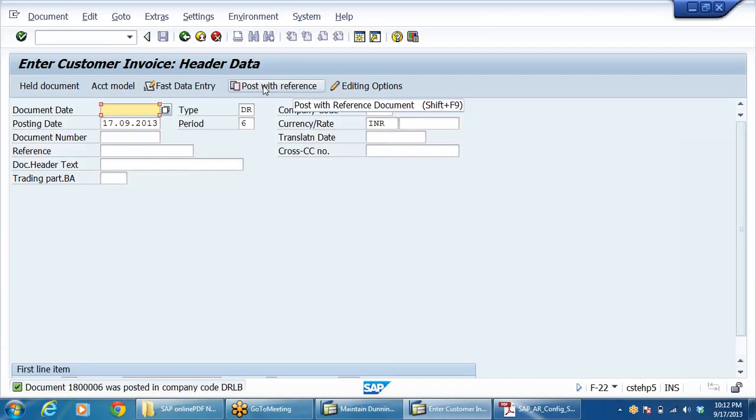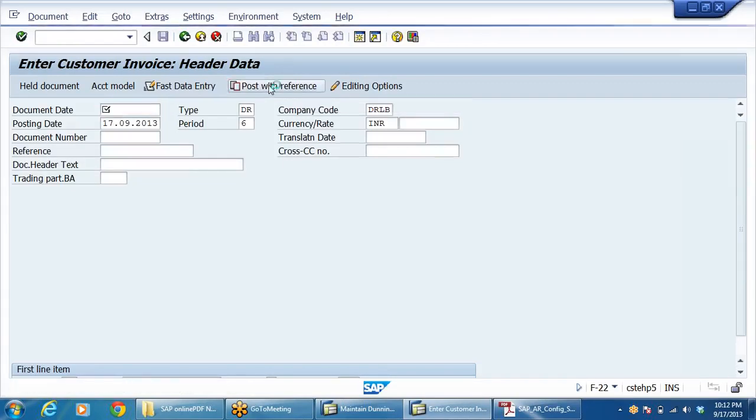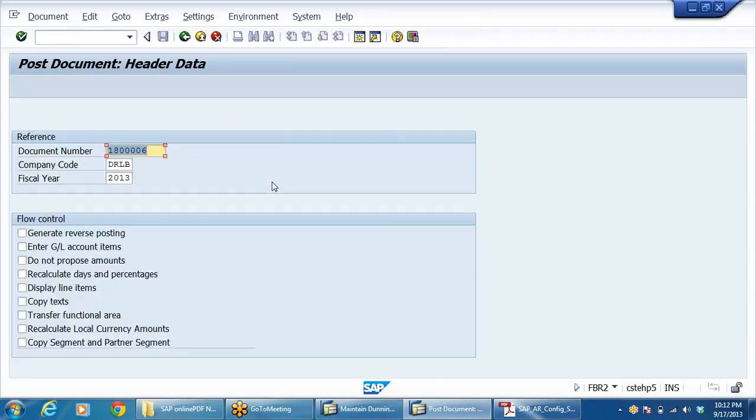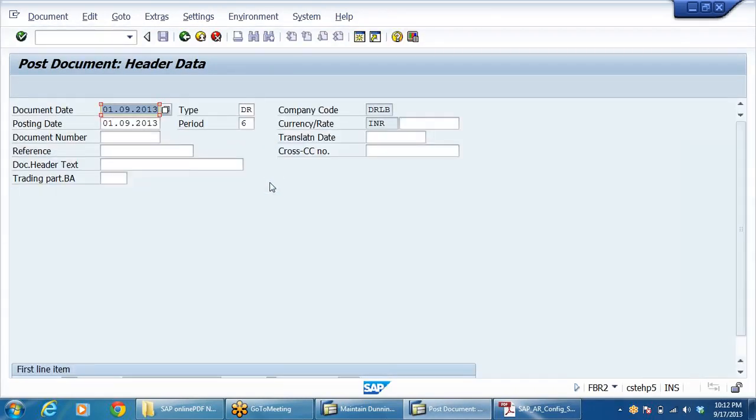Post with reference. At the time of GL we have seen one concept like post with reference. 18 lakh 06.